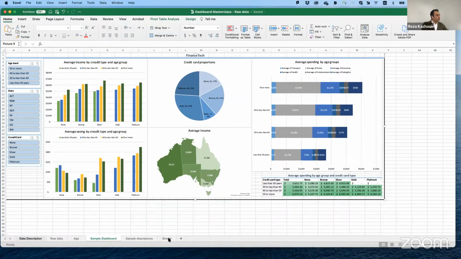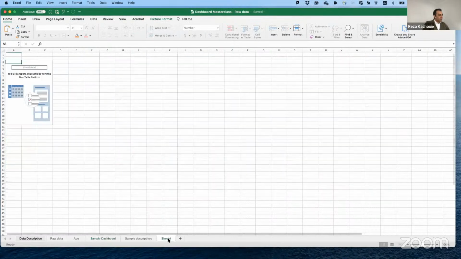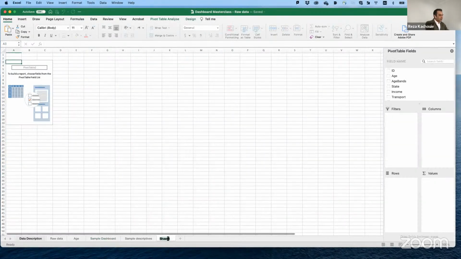To be a bit more organized, rename the sheet and name it pie chart credit proportion. Something meaningful, something that you can understand.